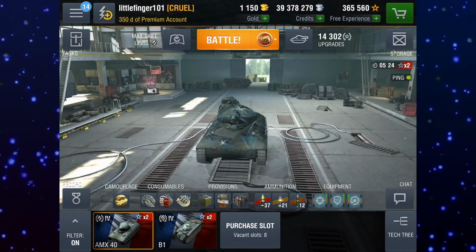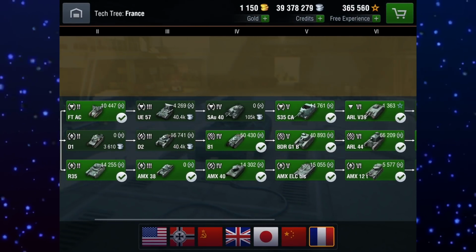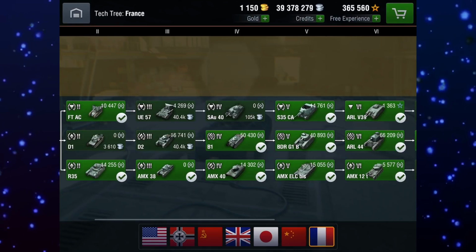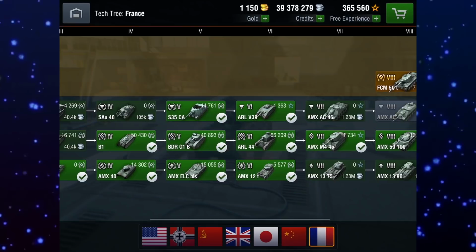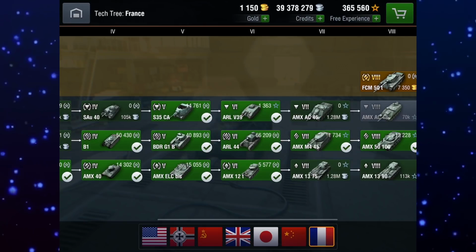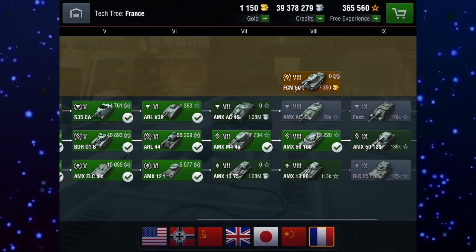So anyway, let's take a look real quick at the tech tree. You can see here we are down at the bottom: R35, AMX 38, and then they've thrown in the AMX 40, calling it a medium. Like I said, it just does not play like a medium. It has no maneuverability. And then after that, you move up to the AMX ELC, the 12T, 1375, 1390, and then obviously the Bat-Chat,